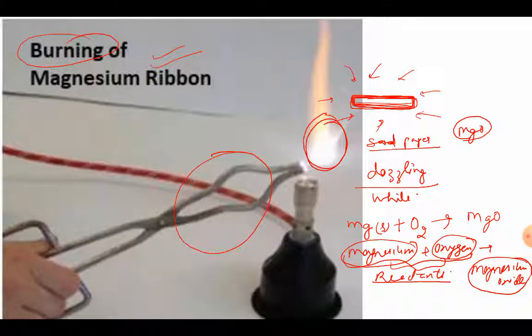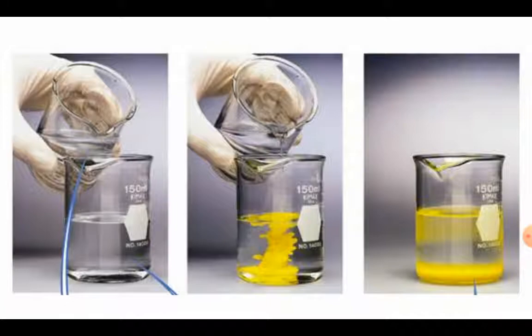Now what is formed after their reaction? The product is magnesium oxide. So what is a product? A product is the new chemical substance which is formed after the reaction of the chemical substances which were taken originally. So this is reactant and product. It's very easy to identify which is going to be the reactant and which one is going to be the product. Let us move to the second example.